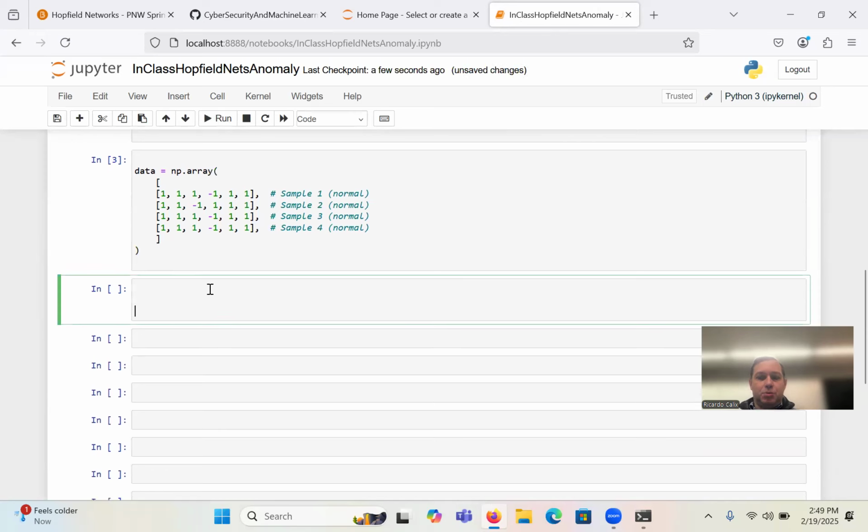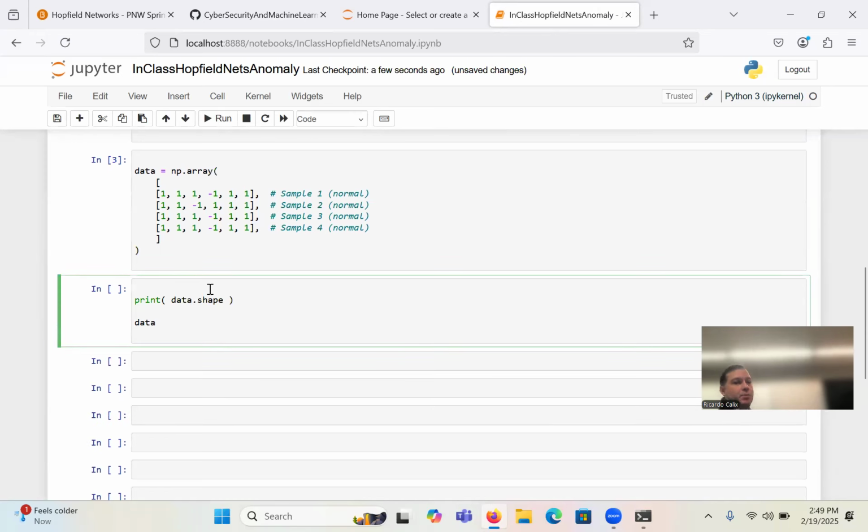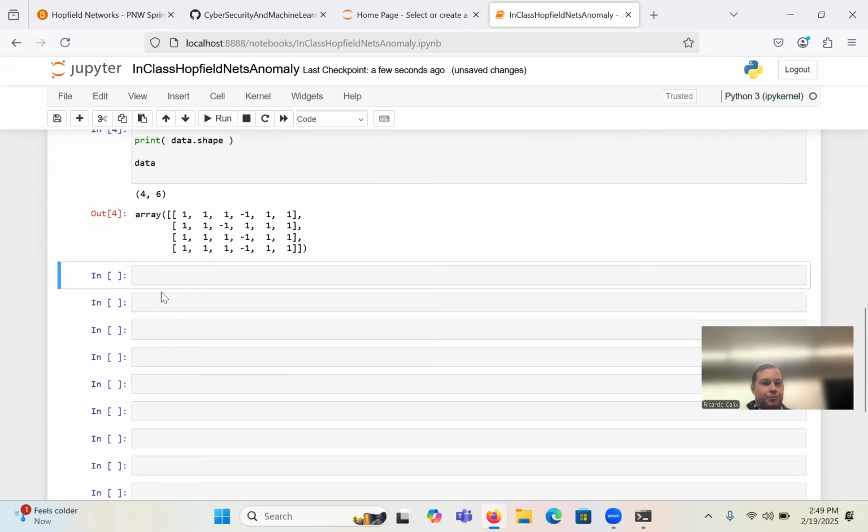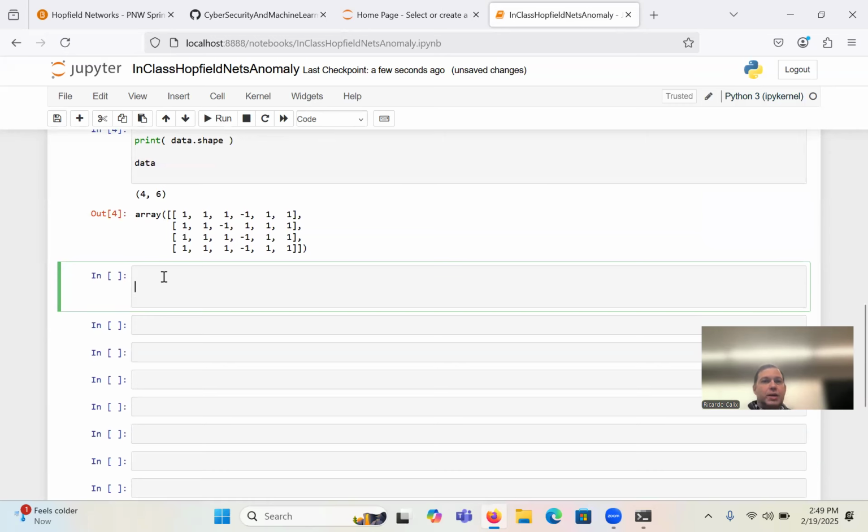So I'm going to do this one over here. We're just going to print the shape and also print the data itself. So it's 4x6, no mystery there. 4 samples, each of size 6. Remember, that has to be consistent as always. And then the data, we're just seeing it as is. Okay. So now,